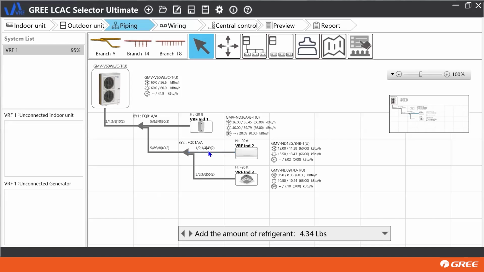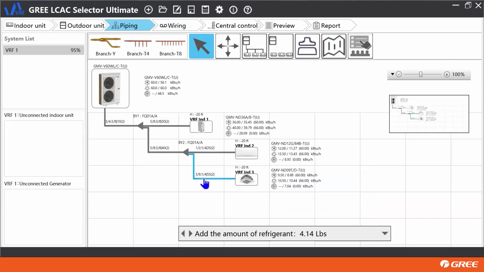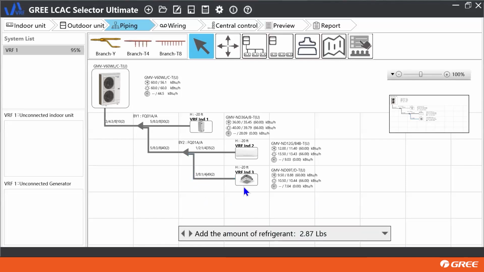So hopefully that would reduce this pipe size. So maybe instead of that, we'll be at like 35 feet. Next, finish. And then here, let's say it's 49 feet. Next, finish. 3/8, 1/4. So now your line set size is the same as your connection on the indoor unit